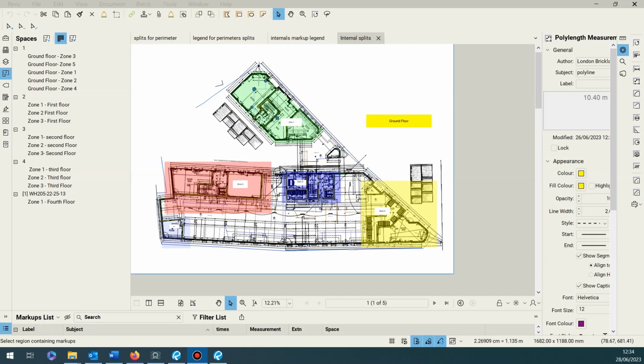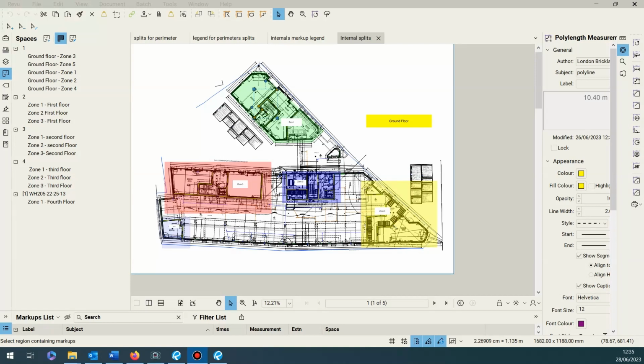I just wanted to touch on the spaces feature that's built into Bluebeam. Spaces are designed to separate areas out within drawings, so you can isolate and group items together of a similar ilk. An example of that is a project I recently tendered and secured for a customer, and the contractor's preferred method